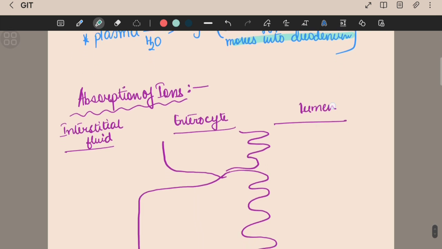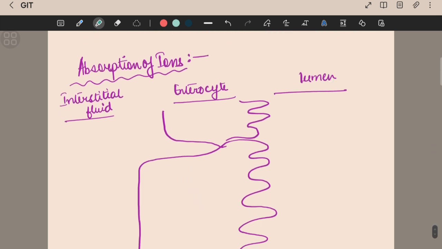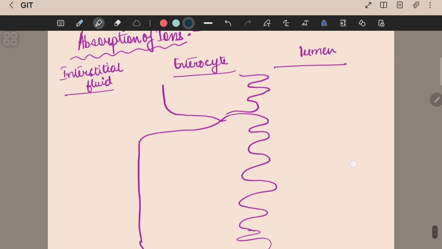Now talking about the absorption of ions, this is very important. See, sodium is actively transported through the intestinal membrane. Here you should know that sodium is transported through the intestinal membrane. So 20 to 30 grams of sodium is secreted in the intestinal secretion each day. And on average, the amount of sodium we are consuming is approximately 5 to 8 grams. In cases of hypertensive patients, that amount is said to be further reduced. Okay, but on an average, you see,